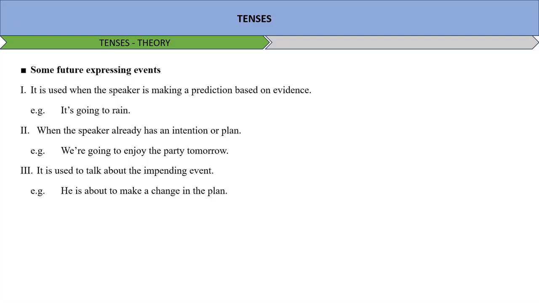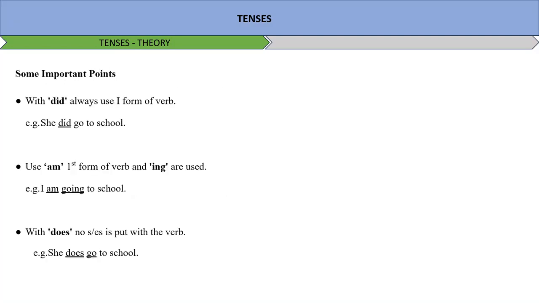Okay. Some important points. With did, always use first form of verb. Use am, first form of verb and ing are used. With am, you will use first form of verb and ing. I am going to school. With does, no s or es is put with the verb. She does